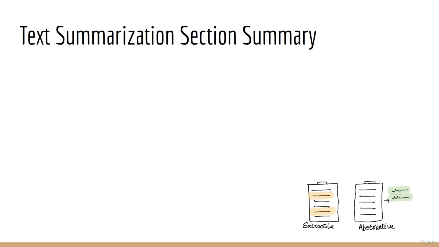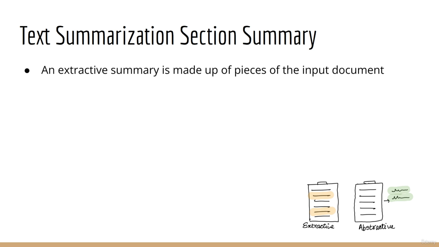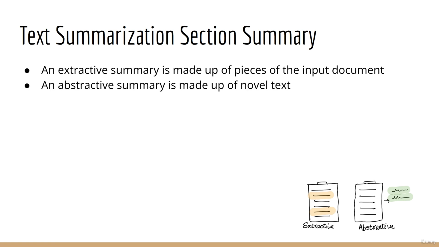So in this lecture, we will summarize everything we learned in this section. This section was all about how to summarize text. We learned about two different approaches to this problem, specifically extractive and abstractive. To review, extractive is when the summary is made up of pieces of the given document. On the other hand, abstractive is when the summary is made up of novel text, more like a paraphrasing of